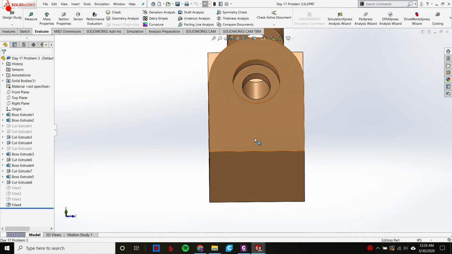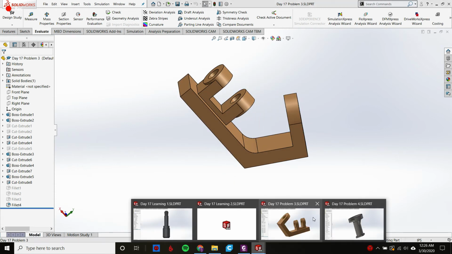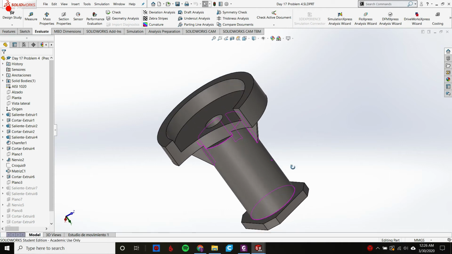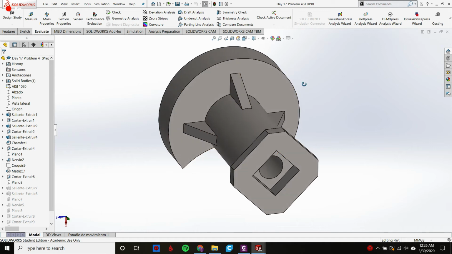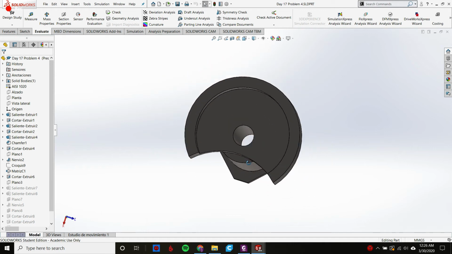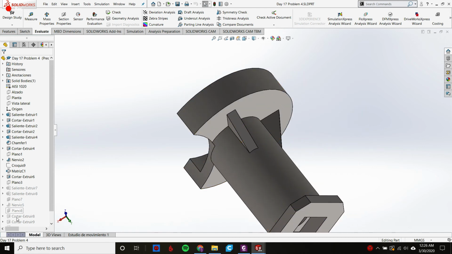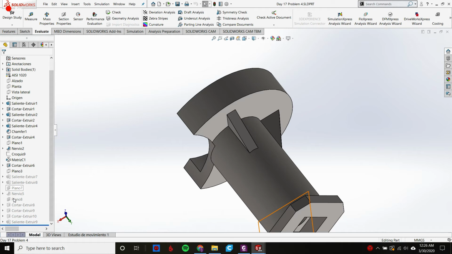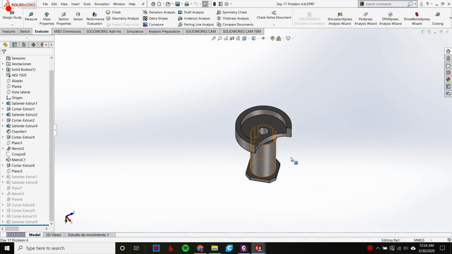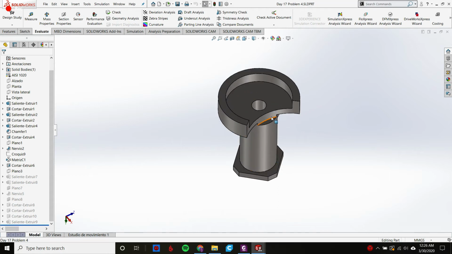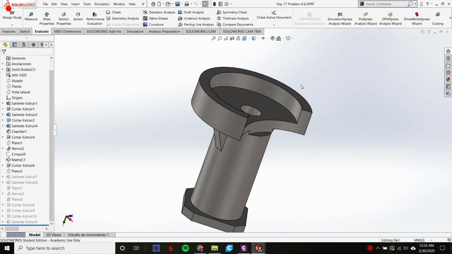We're trying to give your brain a little workout of what it needs to know, so that when you get to real life objects, it's very easy to identify what they need. But in here we have some ribs coming in, some chamfers, and cuts coming through here, but not all the way. So I would take a good look around these parts first. We also have a lot of suppressed features on this one. Please do not unsuppress these unless you really want a challenging detail drawing. Think about it, look around, see what's happening here, and then go into your drawing template